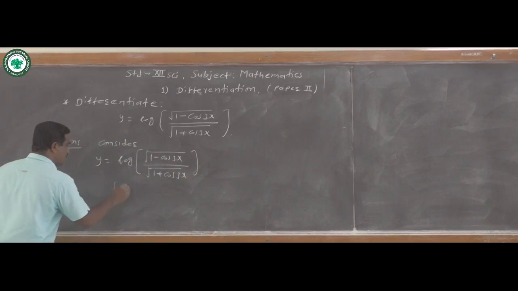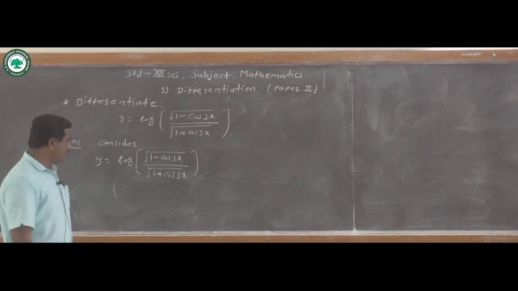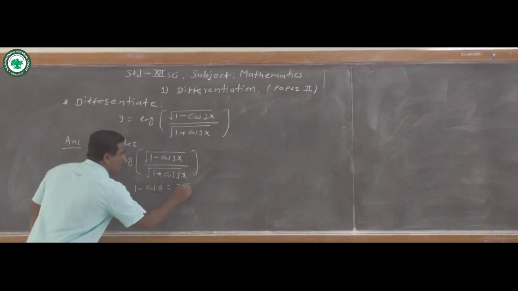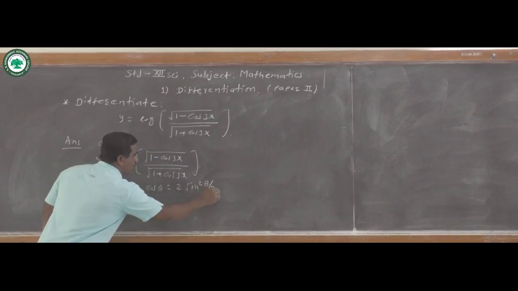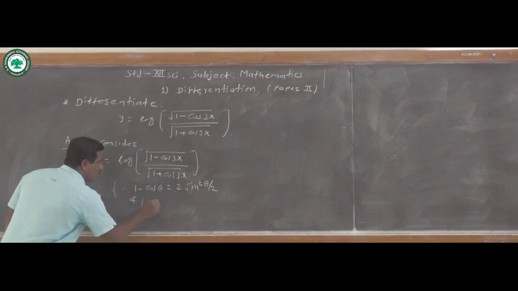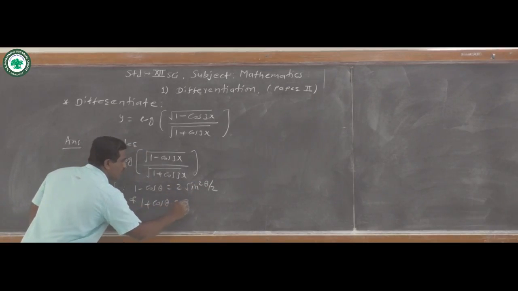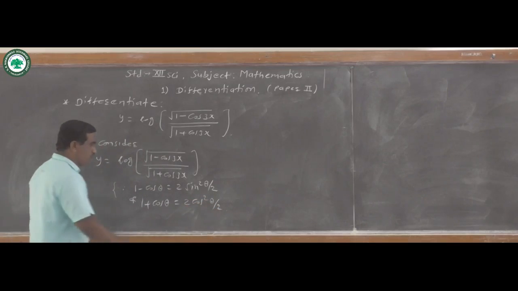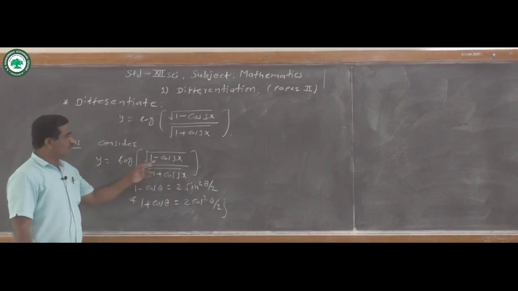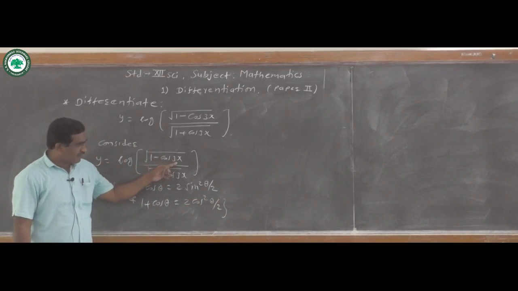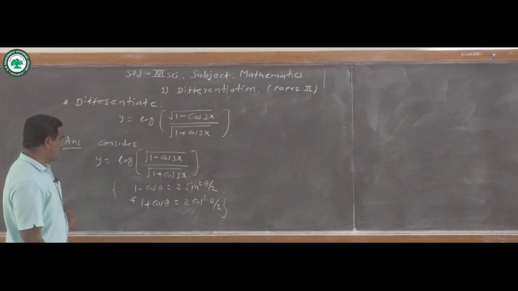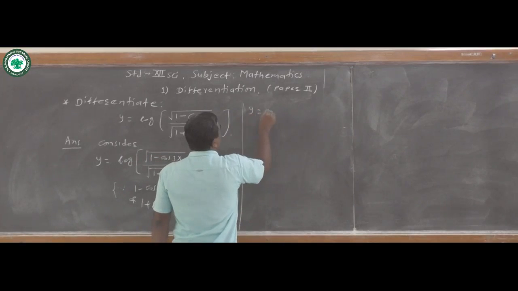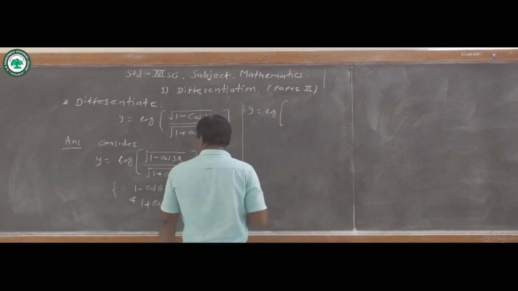Now we know the formula: 1 minus cos theta is equal to 2 sin square theta by 2, and 1 plus cos theta is equal to 2 cos square theta by 2. Using these formulas, we can write the answer for this. Here theta is equal to 3x. Therefore, we can write y is equal to log of, in bracket,